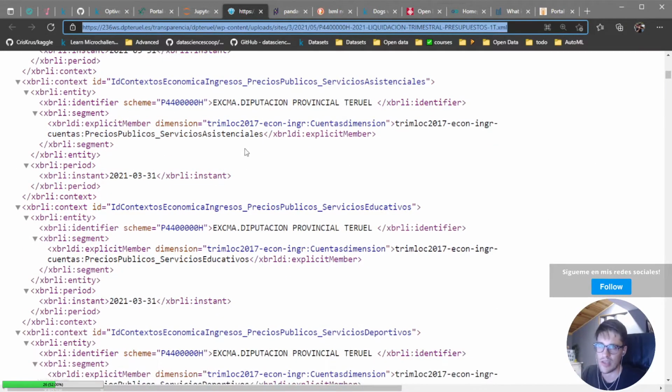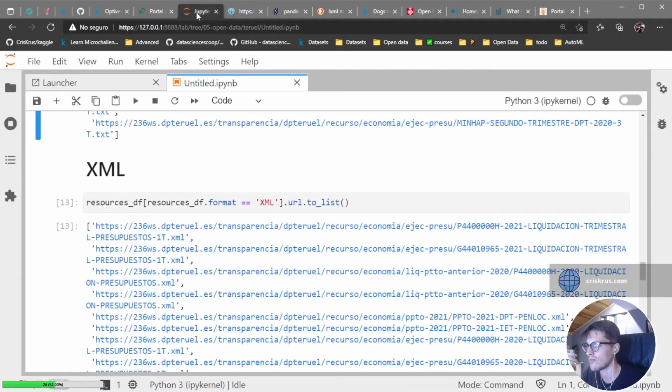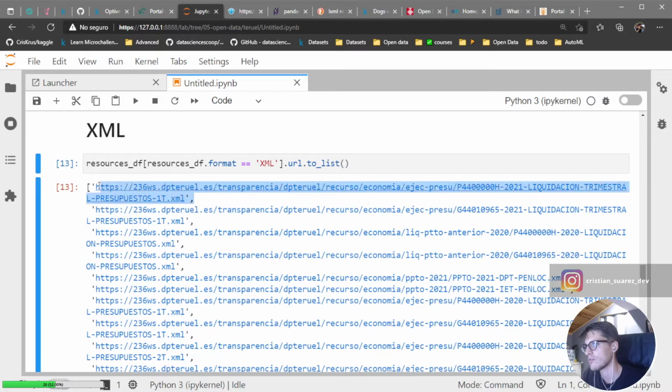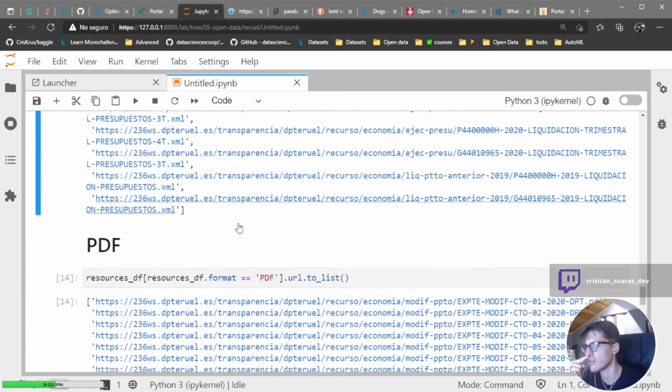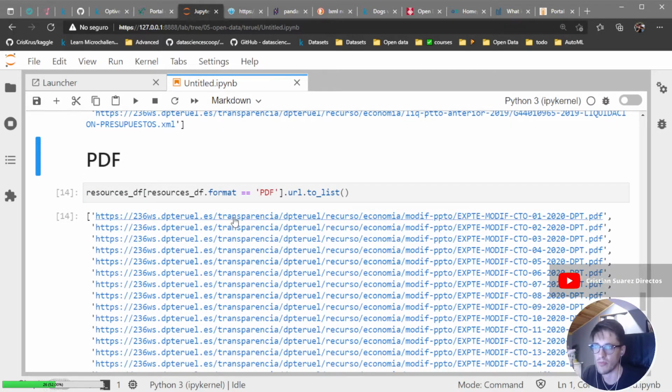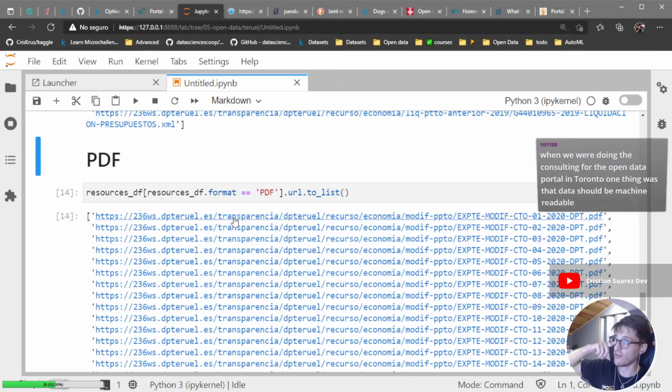But now what we will do, not today because it's quite late for me, is we will try to put that XML into a data frame just to see what we have and how it goes. And also we have some PDF that for me is not useful. I mean, I don't know how to read a PDF and work with it.